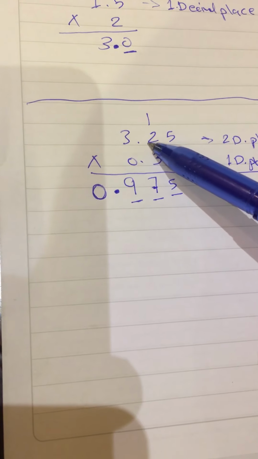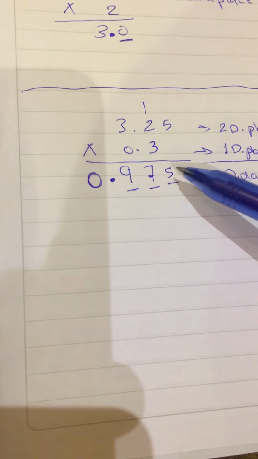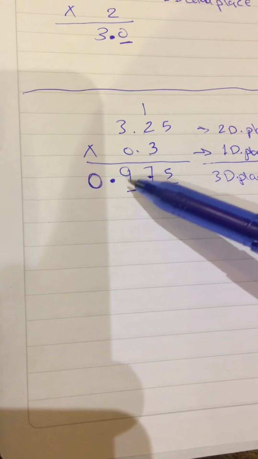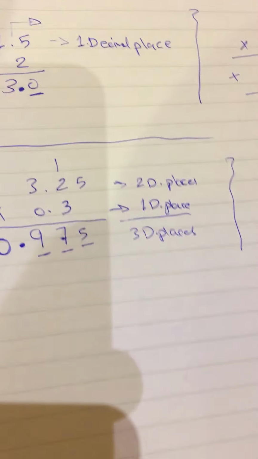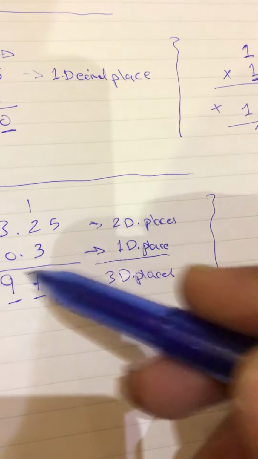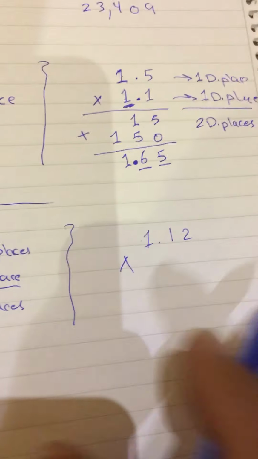Okay boys, you have to count. Here you have two decimal places, here you have one decimal, so in total 3. Count from right, 1, 2, 3, then put the decimal point. If I have more than 3, for example 1.12 times